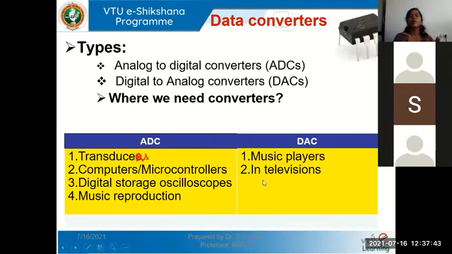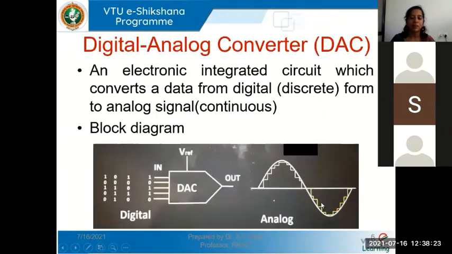Okay, one thing you should remember: they are very essential in our day-to-day life. We use them everywhere. In any industry, whatever the application, if you want to measure or process a physical signal, you are going to receive that signal and convert it to digital, because processing in the digital domain is easy, and you will convert it back to analog, because later on you will have to give it in a format suitable to be understood by the user. So ADCs and DACs are a part of our day-to-day life almost everywhere. These are just some example applications.